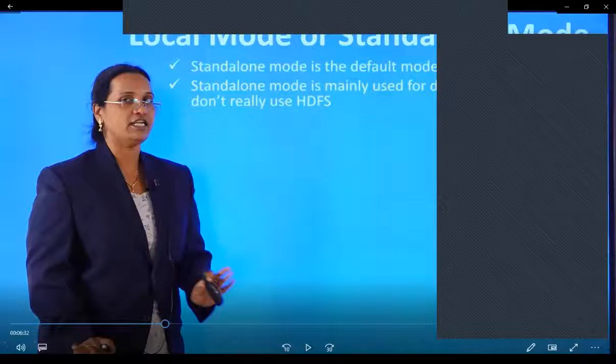But a doubt may come: sir, we are at our homes right now, so how can we set up a Hadoop environment on our own laptops or PCs? In that case, remember that you have to install it in pseudo distributed mode, which is the second mode available. Pseudo distributed mode is where you can configure your own Hadoop cluster on your PC, so that you can execute all its features and run the environment whenever you need it. Am I clear?